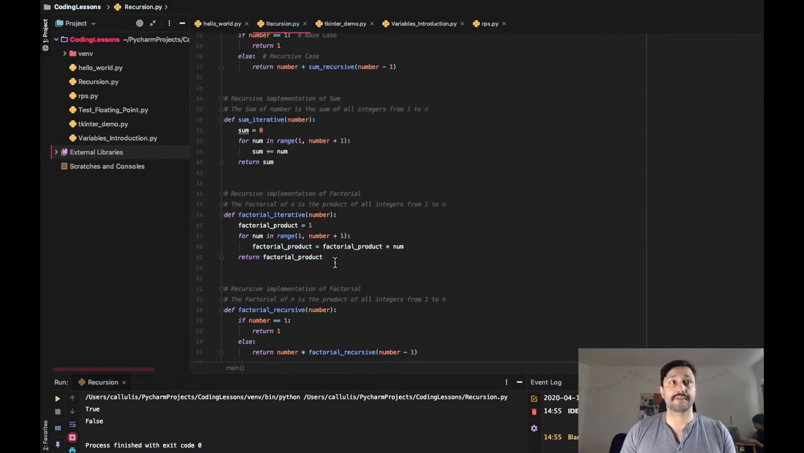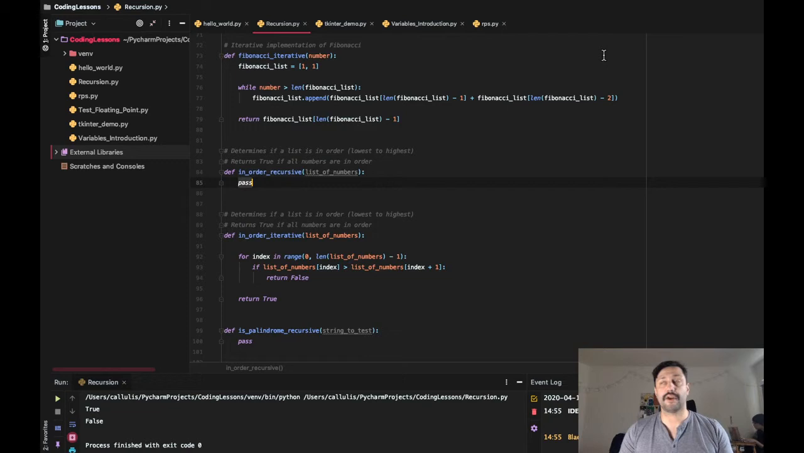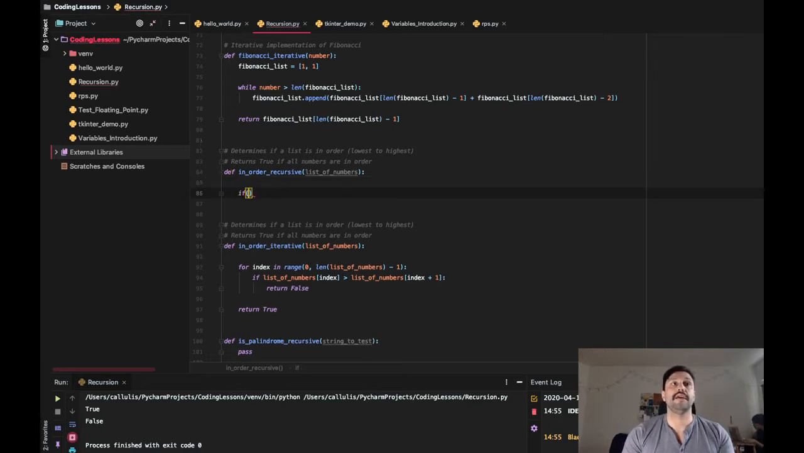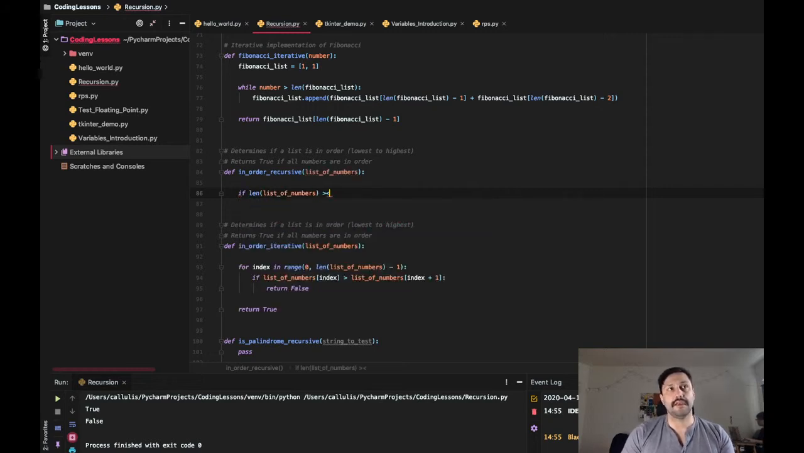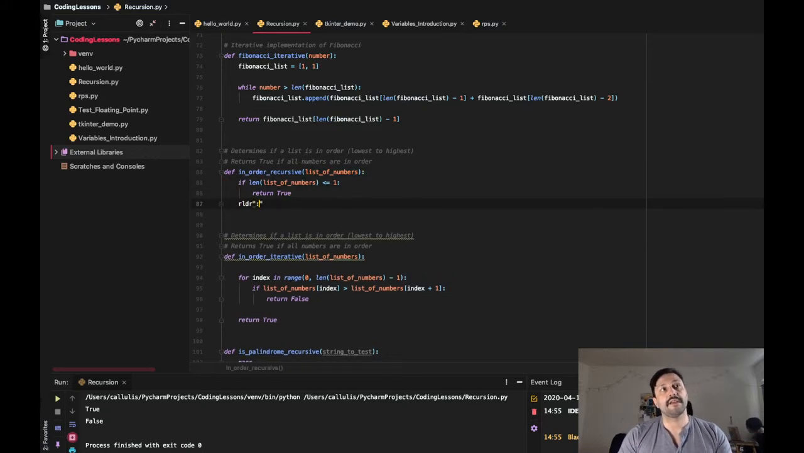So let's take a look at in order recursive. For this one, we're actually going to do this recursively, and it's probably going to look a little weird, because essentially what we're going to be doing is looking at each value in the list and then keep passing a sublist. So we're going to keep slicing bits of the list down until the list just has one element in it, because a one element list is always going to be in order. So in this case, the base case is if the length of list of numbers is less than or equal to 1, we return true, because that list is always going to be in order. Else,